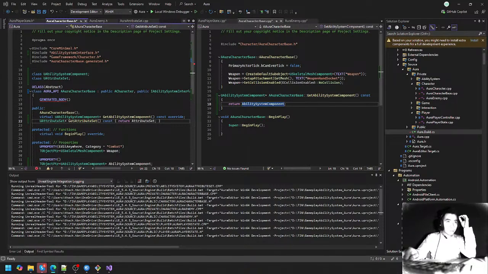for wrapping this up, and that is to implement a specific interface that exists for the ability system. We're going to first implement it for Aura Enemy and the player state, for Aura player state. Now there's still some setup that needs to be done, and we're going to get to those things shortly, but before we do,